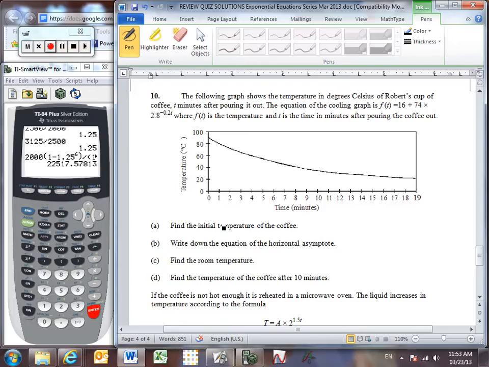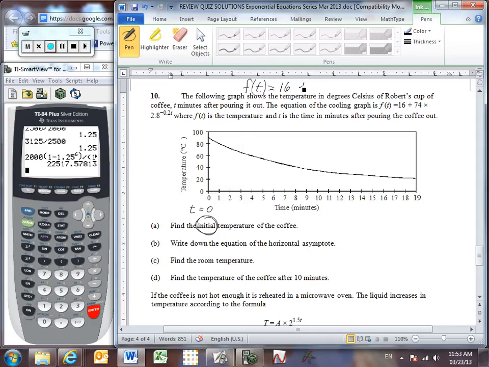So let's find the initial temperature of the coffee. This word initial means that time is equal to 0. Let's look at what happens when the time is equal to 0. We are starting somewhere between 80 and 100. More specifically, I'm going to rewrite the function. I'm sorry about this. f of t equals 16 plus